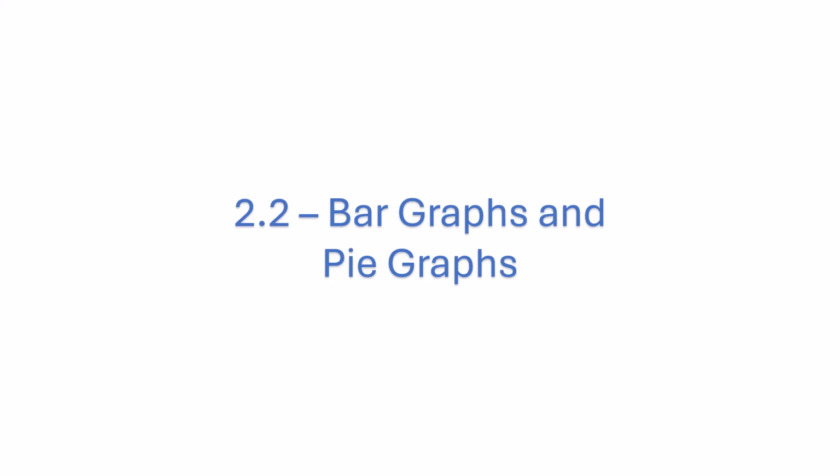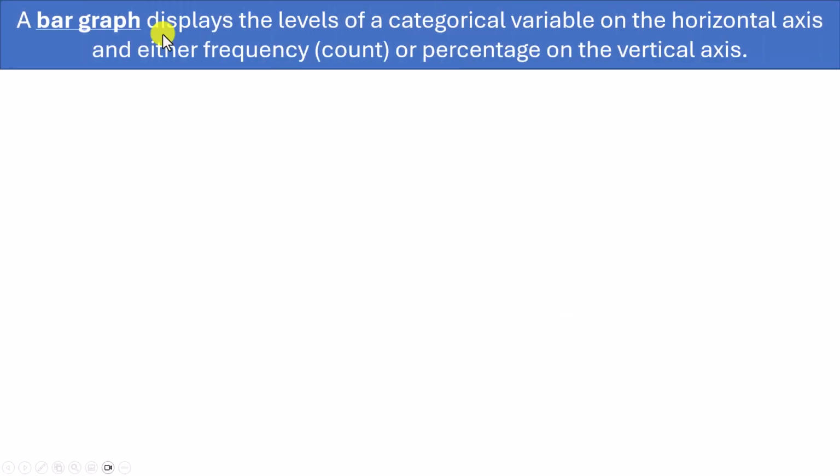Welcome, my friends. In this video, I'll be discussing section 2.2, bar graphs and pie graphs, two ways that we can graphically display a categorical variable. Let's start with a bar graph. A bar graph is going to display the levels, which is just a special way of saying the possible values